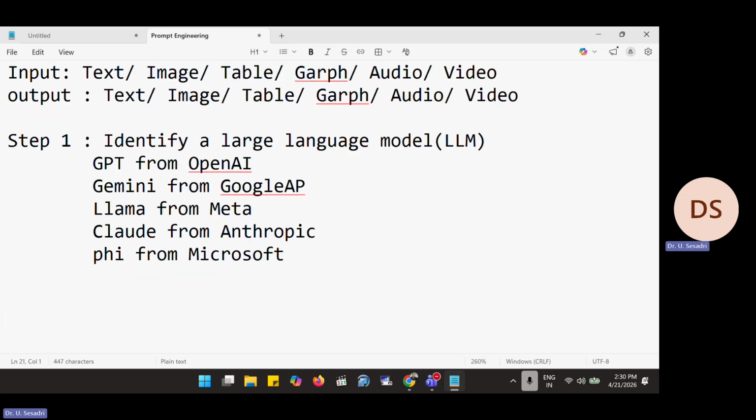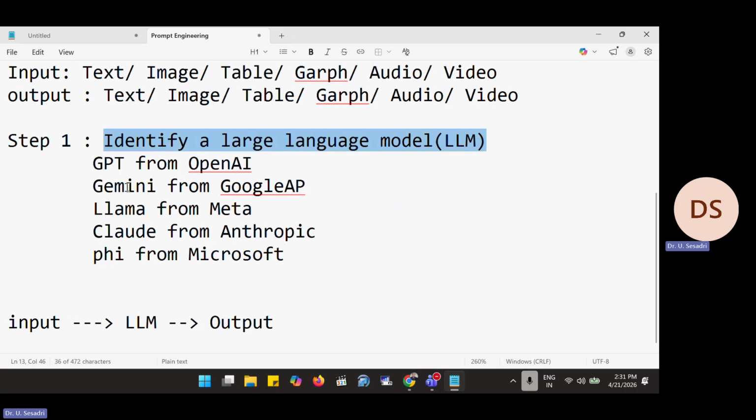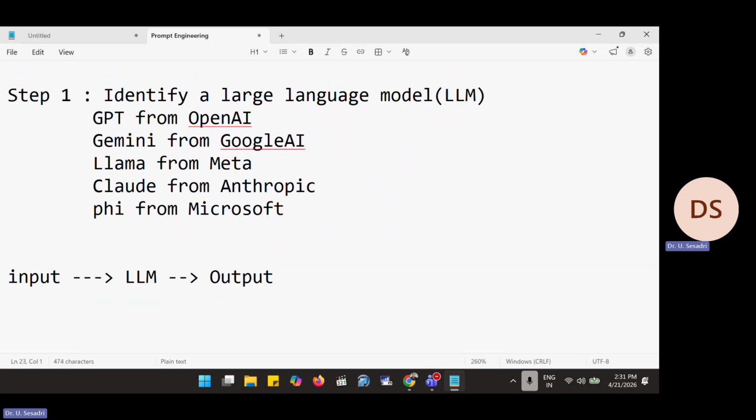Here we give input using a prompt. We have to give the input to the model, the LLM or whichever model. Then we get the output. That's the first step: we have to identify the large language model. We use GPT from OpenAI, Gemini from Google AI, Llama from Meta, Phi from Microsoft. Then the next step is